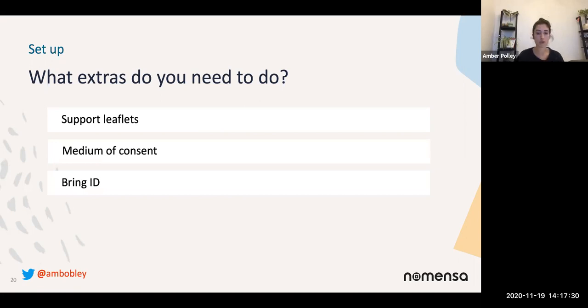This is for anyone going into another environment, but especially for people who are potentially vulnerable or sensitive to certain things. Really bring ID. Make sure you're showing people that you're the formal, official researcher, that you're a safe pair of hands and they can really trust that you are who you say you are. And it's going to give immediate reassurance to anyone.